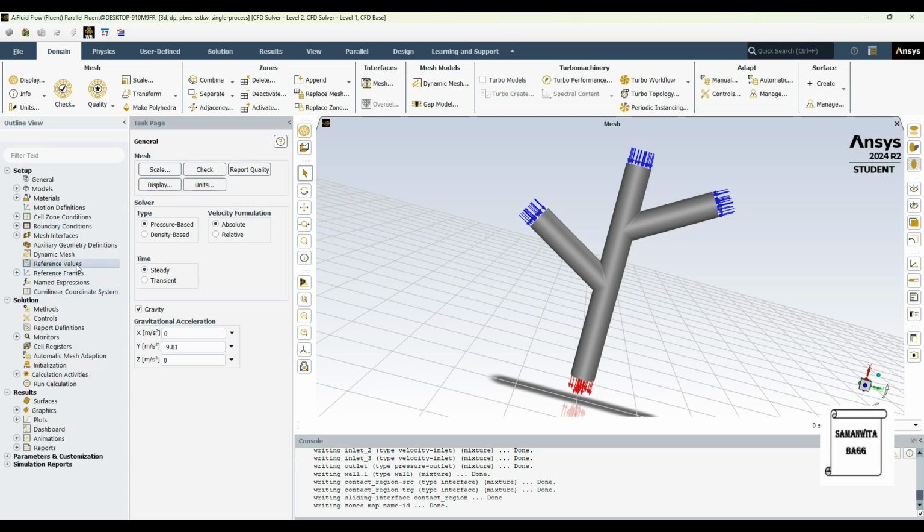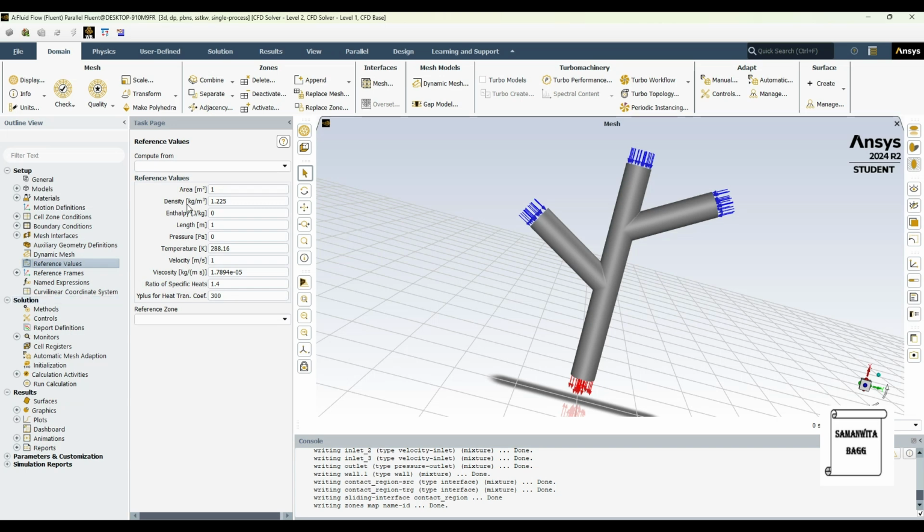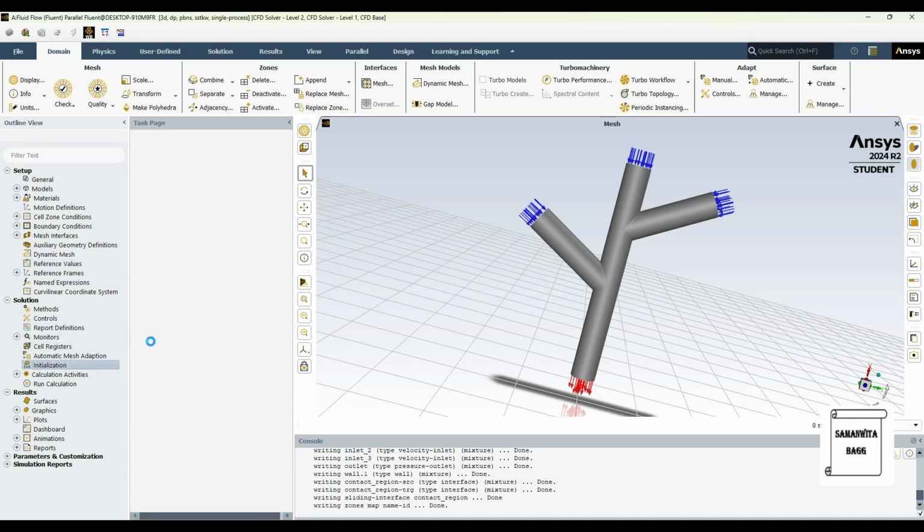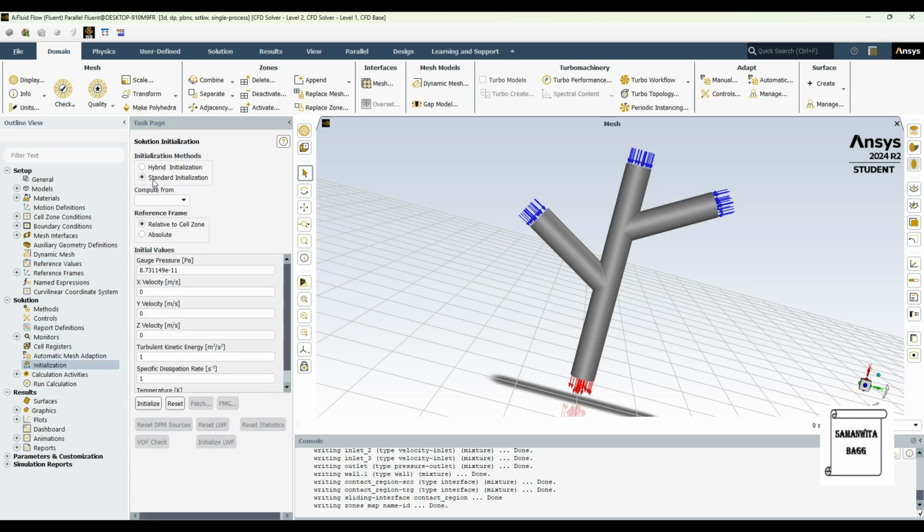Now I'll go to reference values. I'll compute from inlet 1. Reference zone is the fluid. Then I'll go to initialization and double click. I'll select standard initialization, compute from all zones, and I'll click initialize.